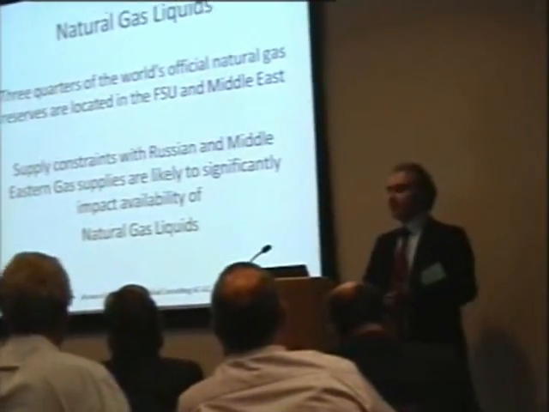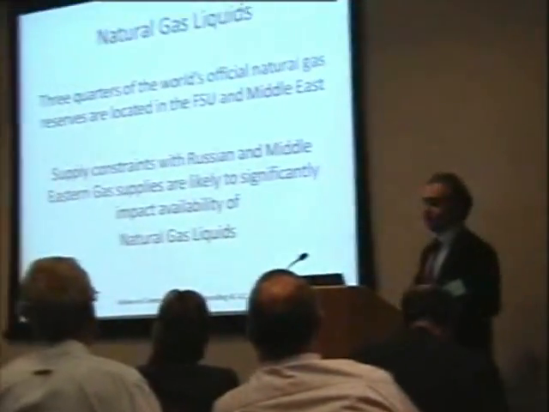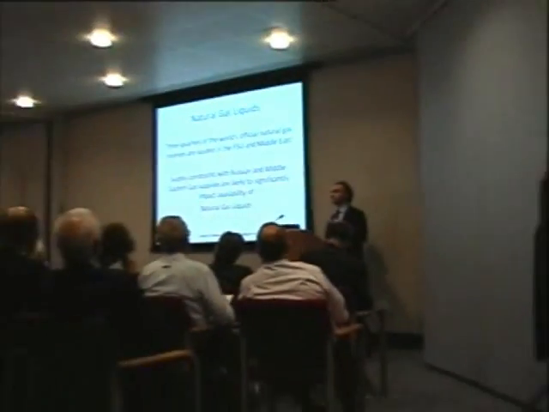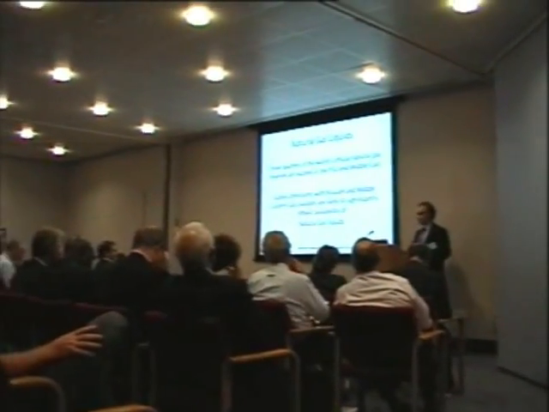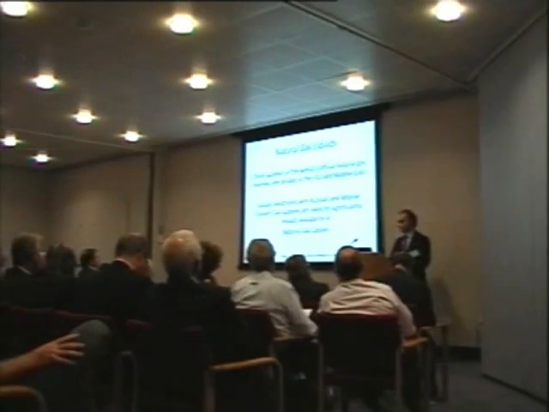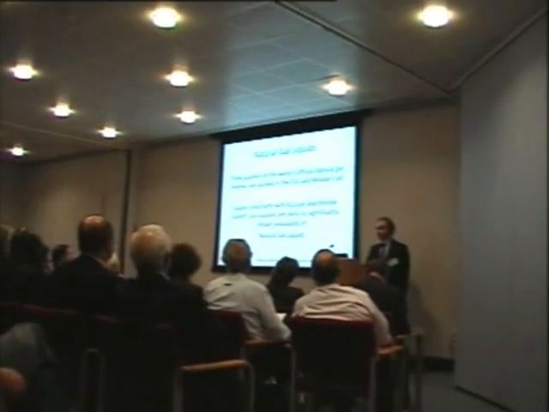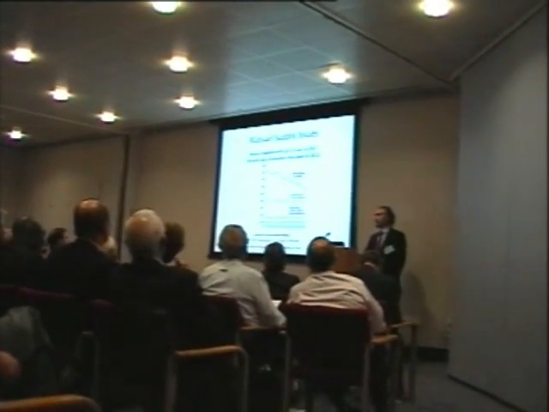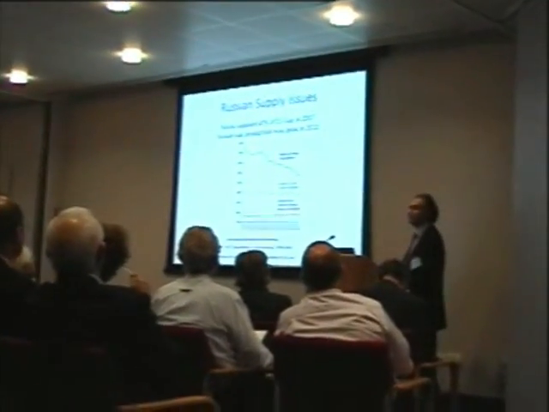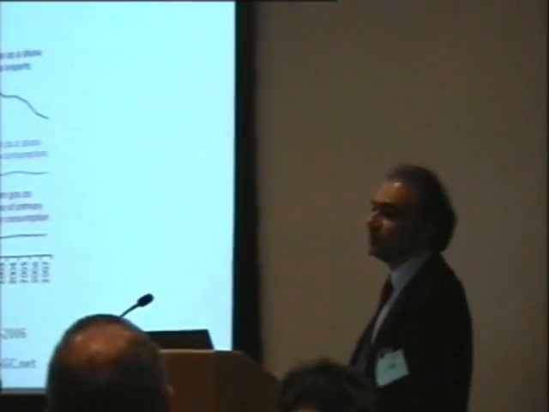And one of the reasons for that is the concentration of natural gas in just two areas. One is the Middle East and the other is the FSU. Now there's a lot of gas in the US, and I'm going to discuss that, but basically we are very much dependent on all that projection that we're seeing on supplies from the FSU and the Middle East. As you can see, in Europe we're quite aware of what the issues are with Russian supplies. It's not as bad as it once was, but Europe is still extremely dependent on Russian natural gas supplies.